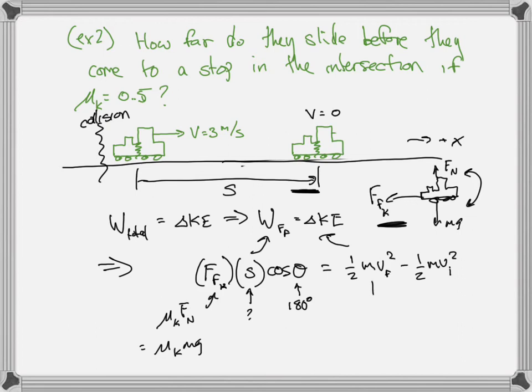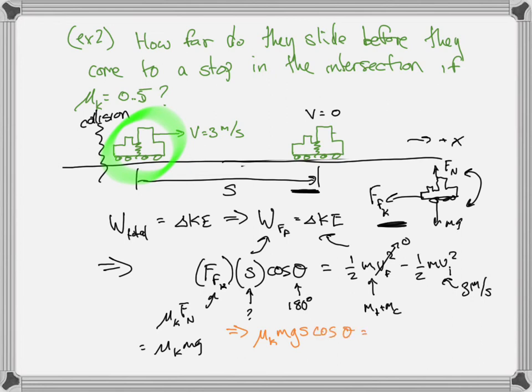Now, which m is this? That m is the mass of the combination, right? It's the truck plus car. So this is the mass of the truck plus the mass of the car. v final is 0 because it comes to a stop. v initial is 3 meters per second because that's what it had before it started sliding. So I've just quickly written down total work equals change in kinetic energy, identified all my variables just by pointing at them in the equation rather than writing everything down on the side, just because this is the kind of problem we've done before. And so we can go ahead and plug in, therefore, mu_k mg s cosine theta